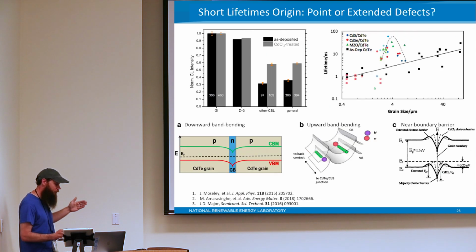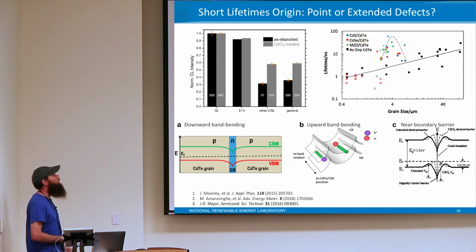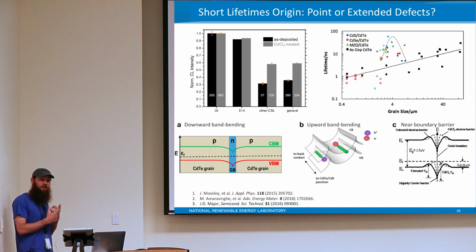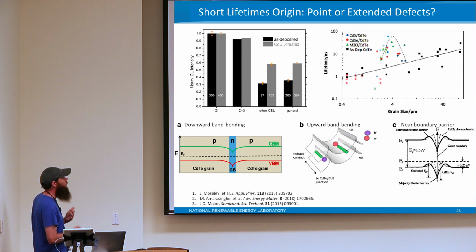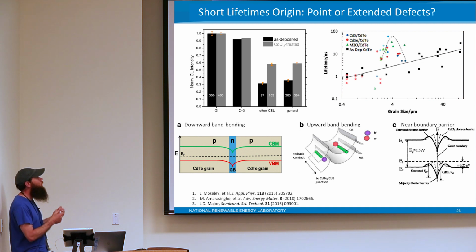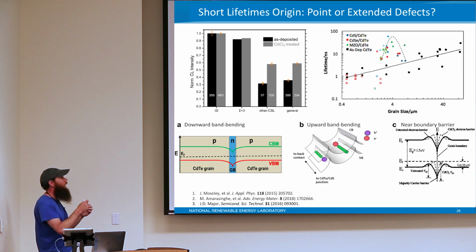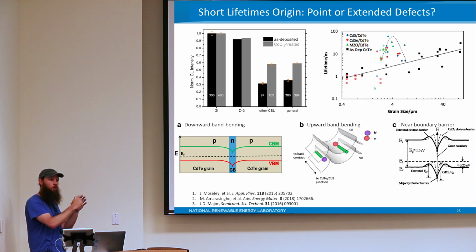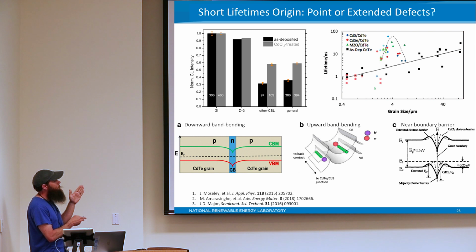Several years ago, we were trying to figure out what is the source of our short lifetimes. Is it because we have point defects, or is it extended defects that are our problem? So we did a series of correlated microscopy where we would FIB a sample and look at that marker, and then we would do EBSD so that we could actually know which facet, which type of grain boundary. So this is the grain interior, and then we would have different coincident site lattice